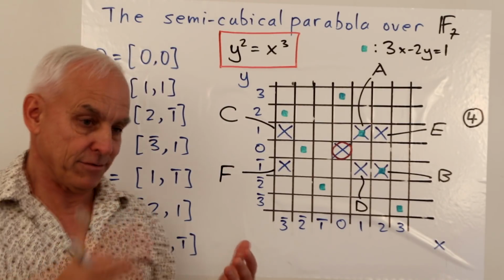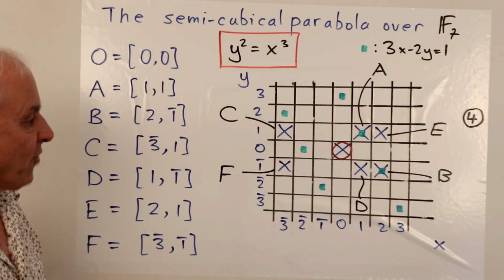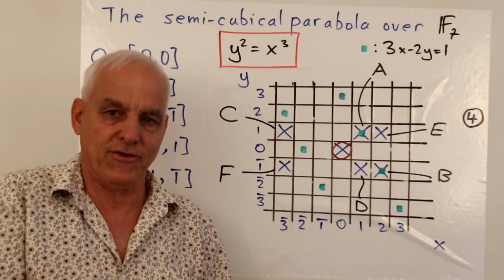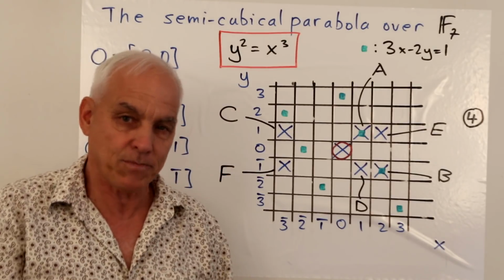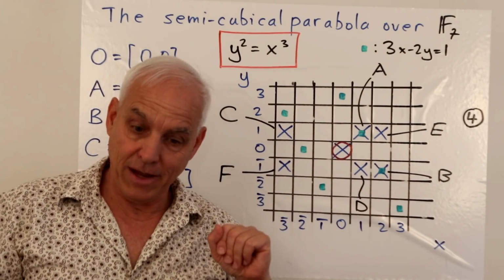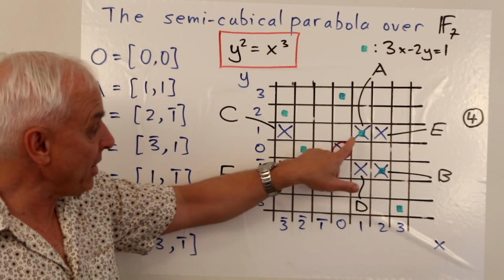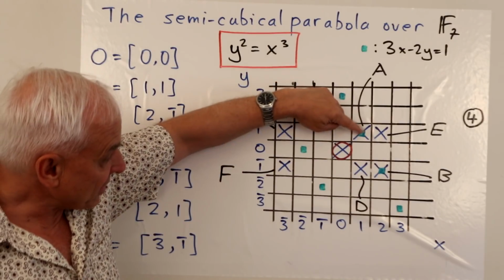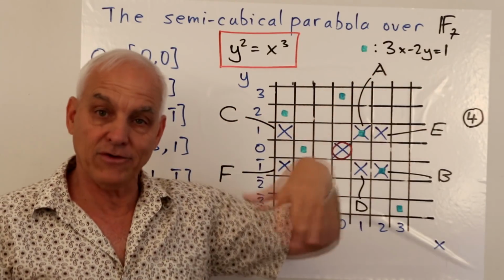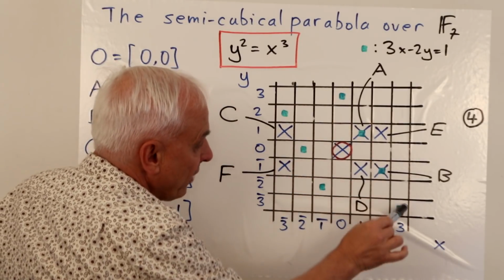And at first it doesn't look very much at all like the one over the rational numbers that we can draw. And you might think, well, how can we ask about areas associated with this, or slopes of tangents? Well, it turns out that the tangent to this curve at A is a line, and I've actually shown you that line. It's the line with the little green squares. So the tangent to the curve at A actually has this equation, 3x minus 2y equals 1. You recognize it. It's a linear equation. It represents a line. It corresponds to these points right here.